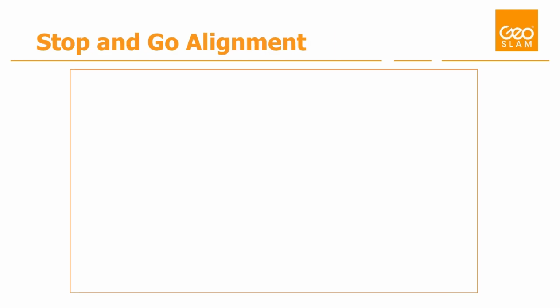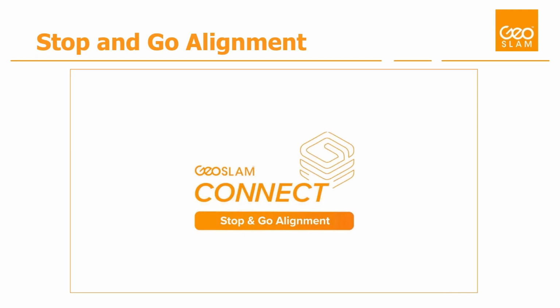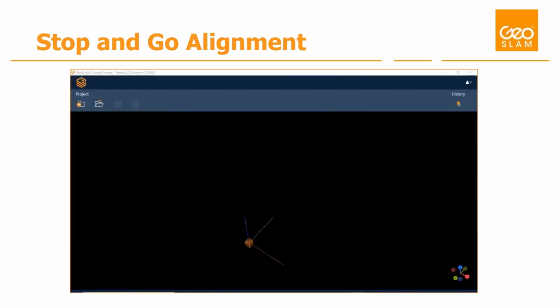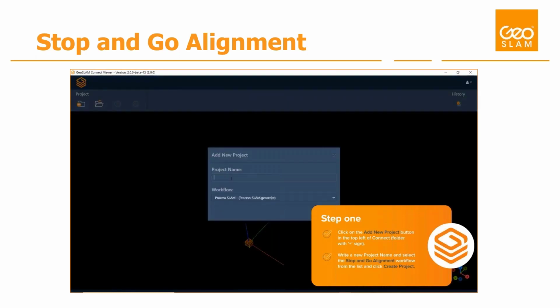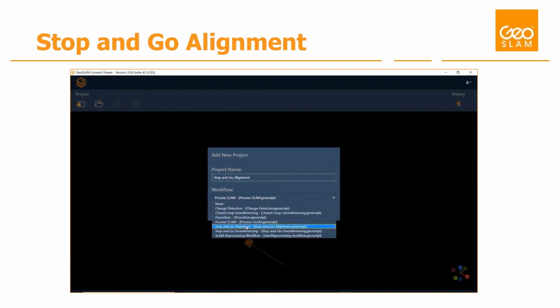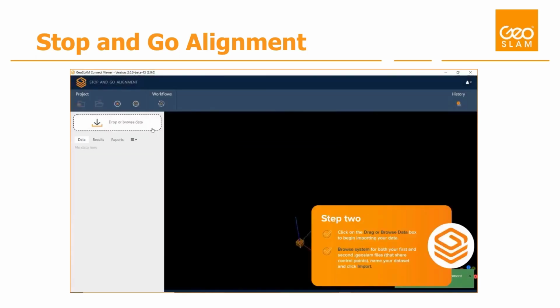So stop and go alignment. This is a new feature. We wanted a way to work with bigger projects in Hub and be able to align two data sets together. We're working on updating and incorporating the merge function from Hub into Connect. This isn't quite ready yet, but we have stop and go alignment as a way to at least align two